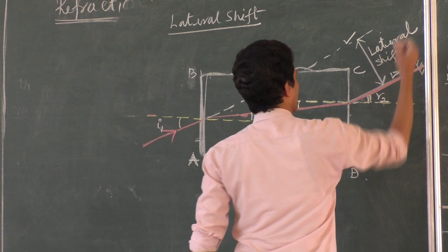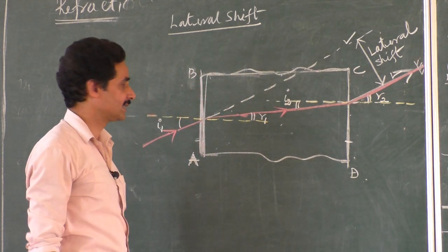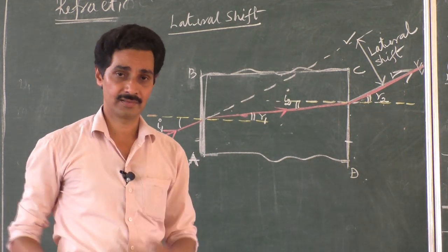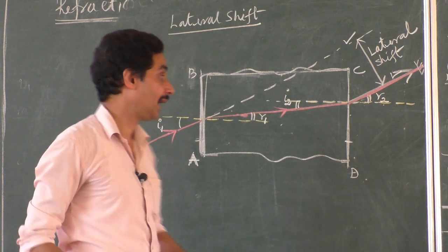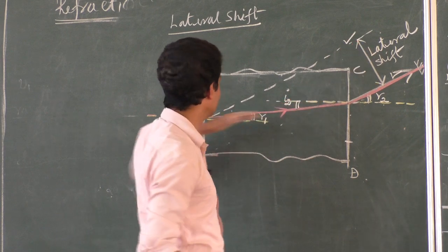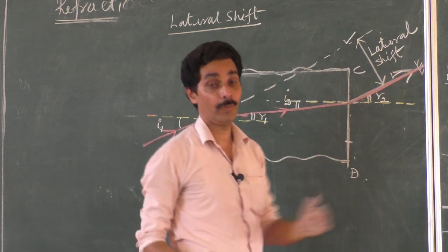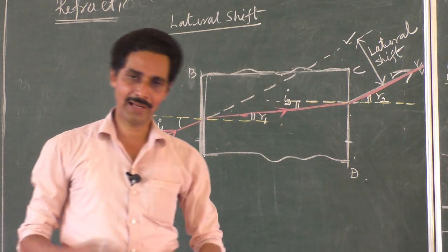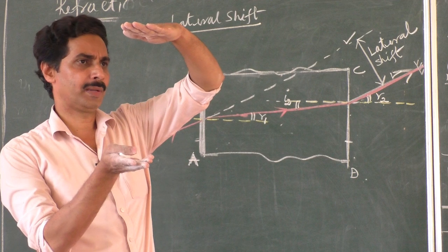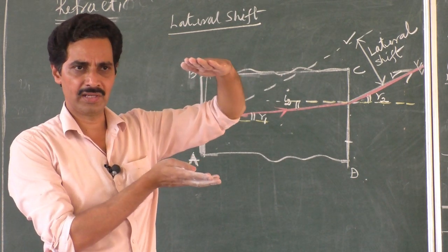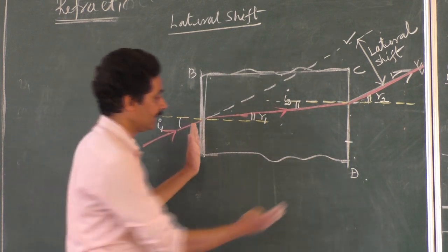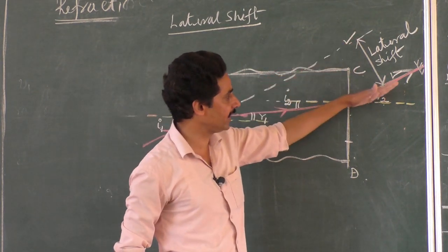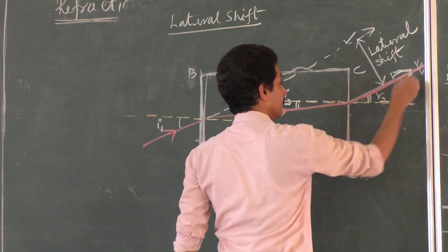Suppose you are asked, of course, that definition, what is lateral shift? It is the perpendicular distance between what? Even though the word is only lateral shift, we are mentioning the distance there. Which distance? Lateral shift is the perpendicular distance between the incident direction and the final emergent ray when a ray of light travels through a parallel sided medium. So when a ray of light passes through a parallel sided medium, maybe glass or the upper and lower layers of water in an aquarium, whatever it is, the perpendicular distance between the incident direction and the final direction, both the directions are same, it is just displaced,